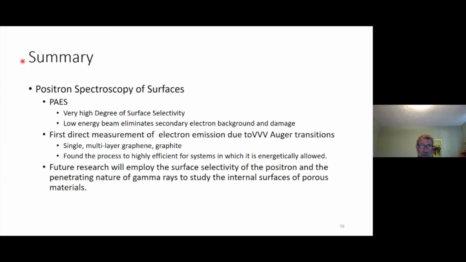And we hope to be able to look at surfaces which are in air and covered with gas material, because the gamma rays can penetrate all that, and maybe even look at surfaces inside of reactors or fractionation columns in distilleries and so on. So we hope to develop this technique, and I think it's a very exciting time now. We just built this beam, and we're just starting these studies,